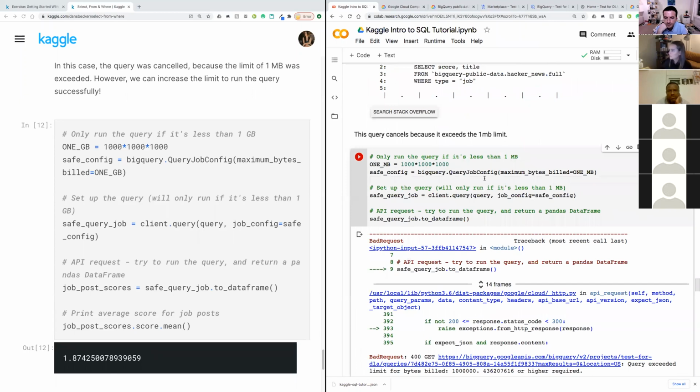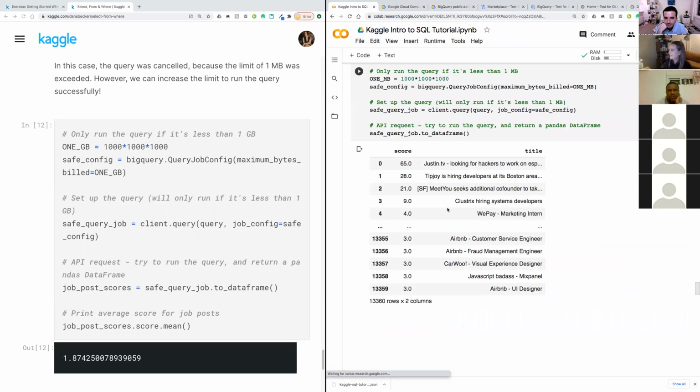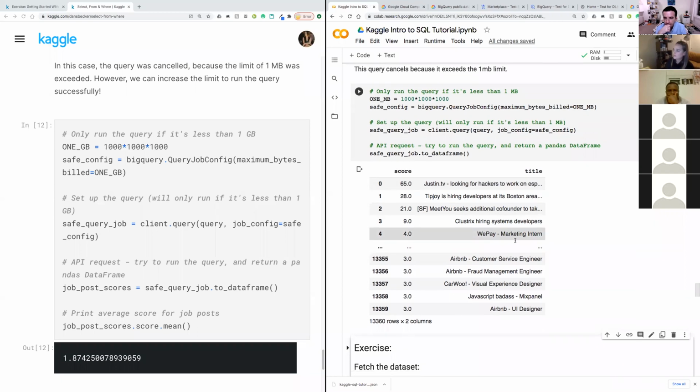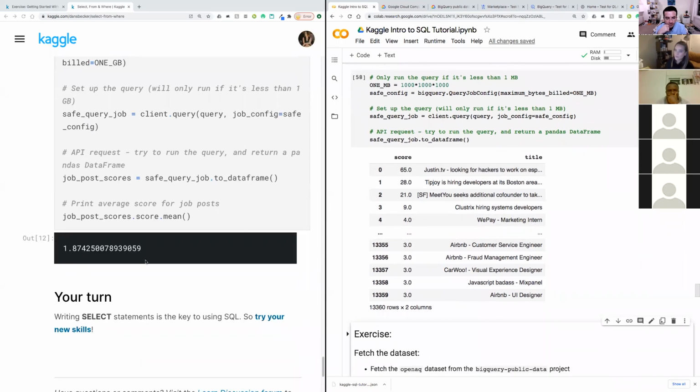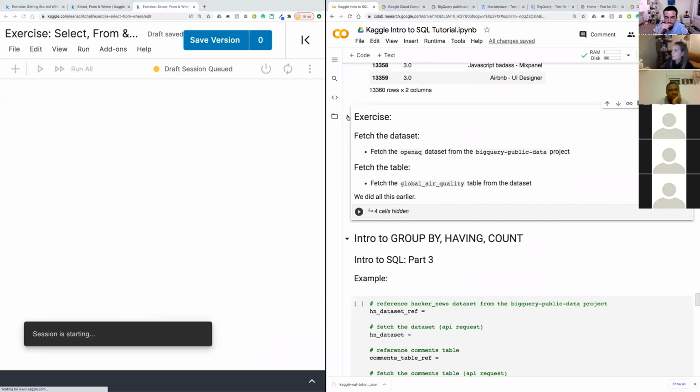There we go. It should say 1 gig, not 1 meg. Right, okay, so we're safe now because we've increased our limit. That's a handy configuration to do on your queries to make sure that you don't go over your limits. Okay, so next exercise, we're going to be using the